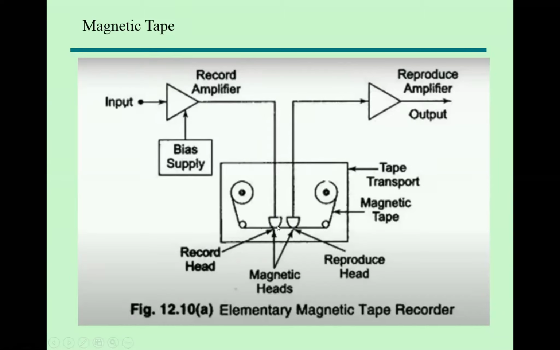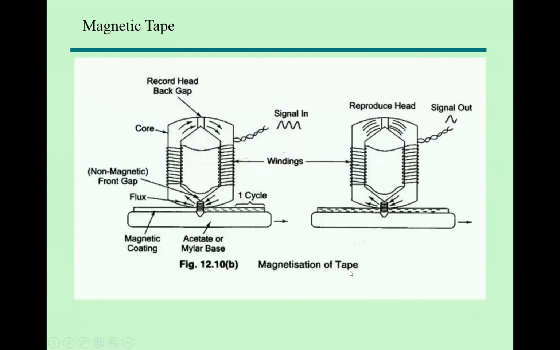As we know, your data is stored in the form of bits only, either 1 or 0. So accordingly, it changes here. And the reader, whatever data is there, based on the magnetic field, North Pole and South Pole, simply reads the data, 1 or 0, and provides it to the amplifier, and in this way we produce output. So there is a magnetic head which reads the data as well as writes the data.